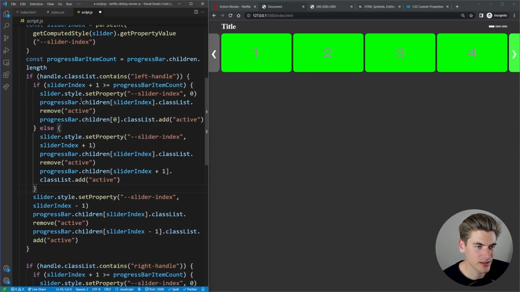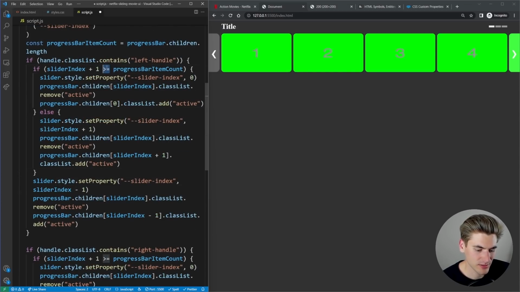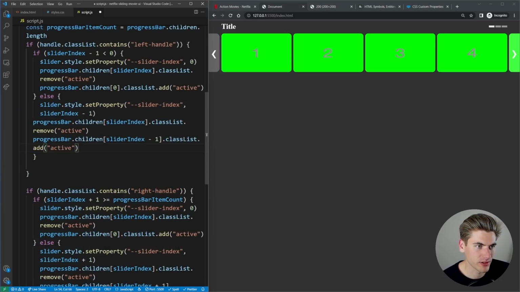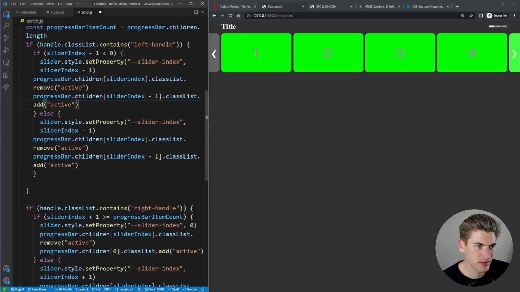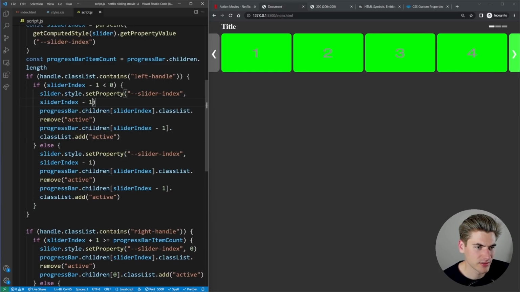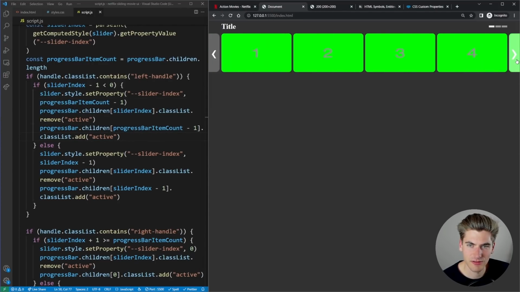So I can say like if the slider index is less than 0, -1, then what I want to do, copy this in there, is slider index is, I want to move it to my progress bar item count -1. Yeah, I think so. So now when I hit left, yeah, it moves it to the very end.